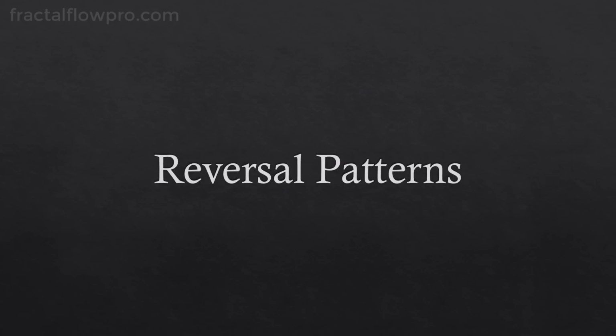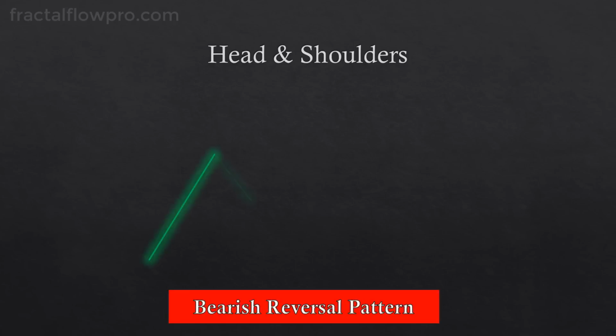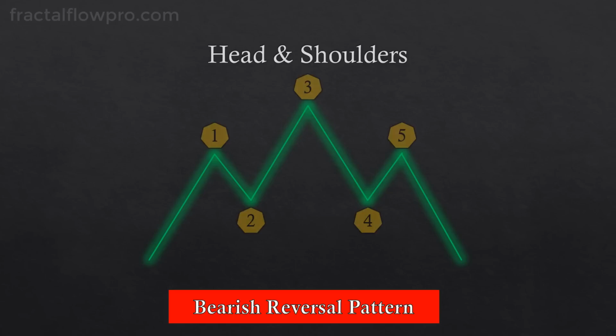The first chart pattern we'll analyze is the famous head and shoulders pattern. The head and shoulders is a bearish reversal pattern, and it looks like this. Notice that price will be going up, and after the pattern, it will go down. There are a few important elements in a head and shoulders pattern. We have the shoulders, which are highlighted by numbers 1 and 5. The head, which is highlighted by number 3, and the neckline, which is highlighted by the line connecting numbers 2